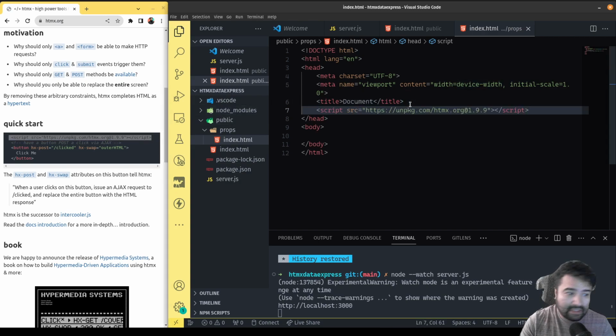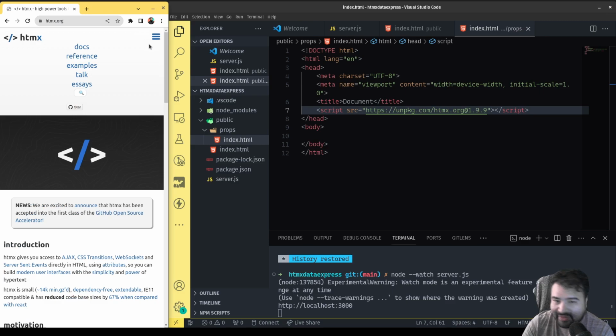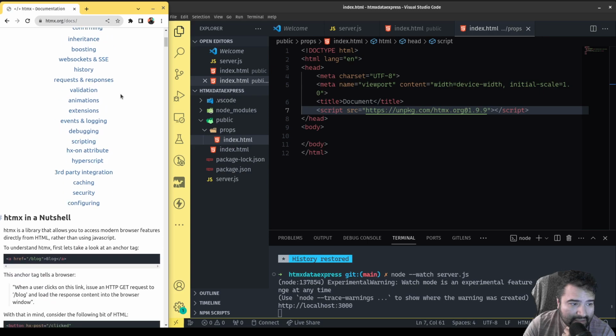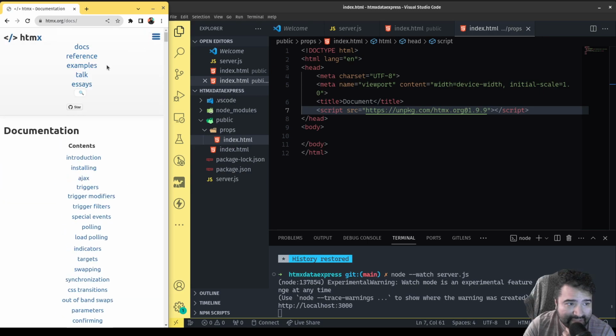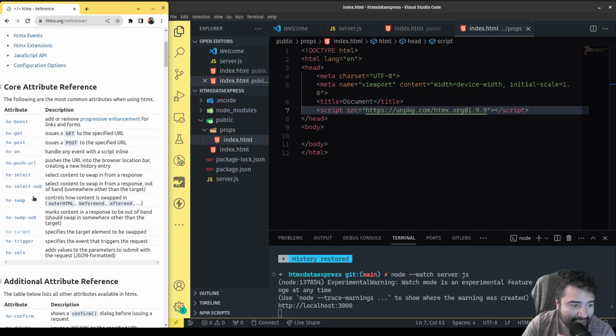Good. Okay. So over here I have the HTMX documentation, which is awesome. I love a good set of docs. I've read a lot of docs for a lot of different libraries, and I definitely like it when there's a good amount of detail and a good amount of examples and reference. So we go to the docs. Actually, I'd rather go to the reference section, which goes over the different things that are available in there. In previous videos, I have talked about a lot of these main attributes. There's a few of these we haven't really talked about. Let's talk about